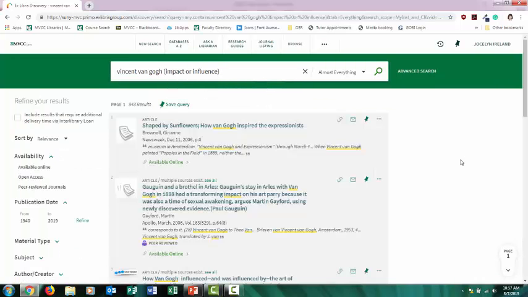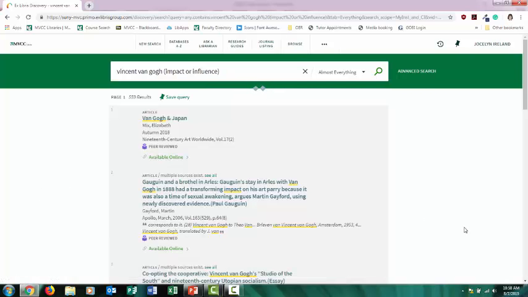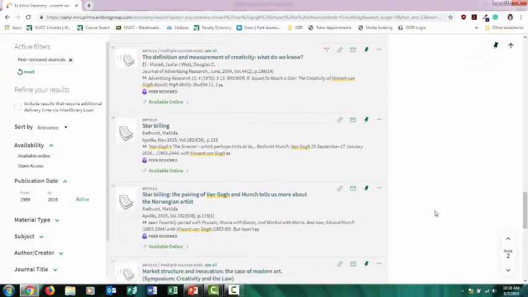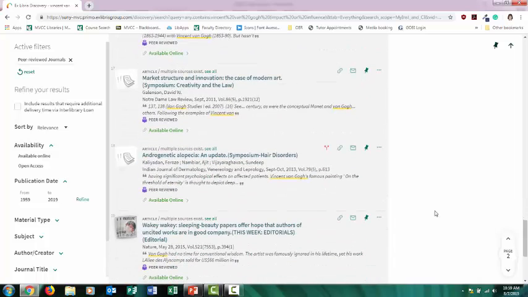Some ideas of different keywords include the type of genre that this person worked with, or a famous work that they did, or a theme that was common throughout their work. So starting out with a biography or a brief overview about the person is a good idea at the start, so you get some ideas of different keywords you can use to find other sources. I'm going to click on peer-reviewed journals again to narrow my results. There's also a link further down where you can load more sources.